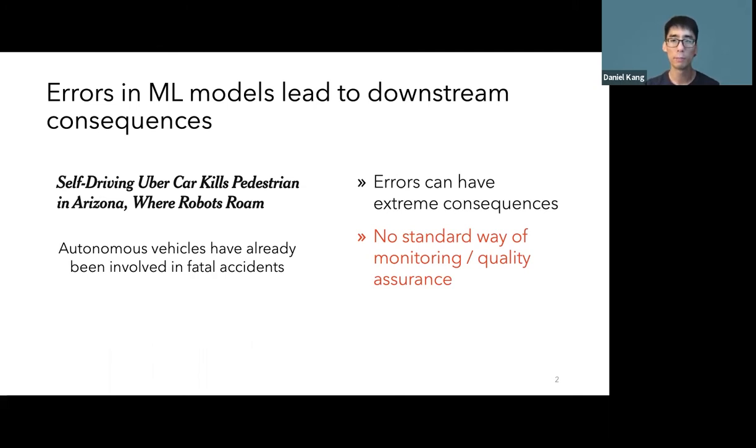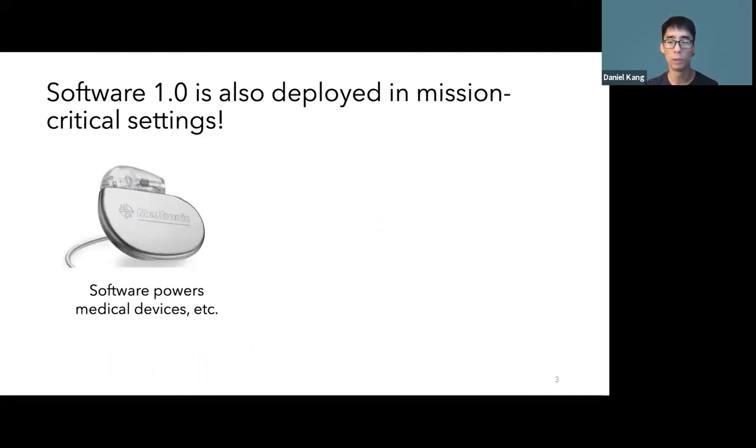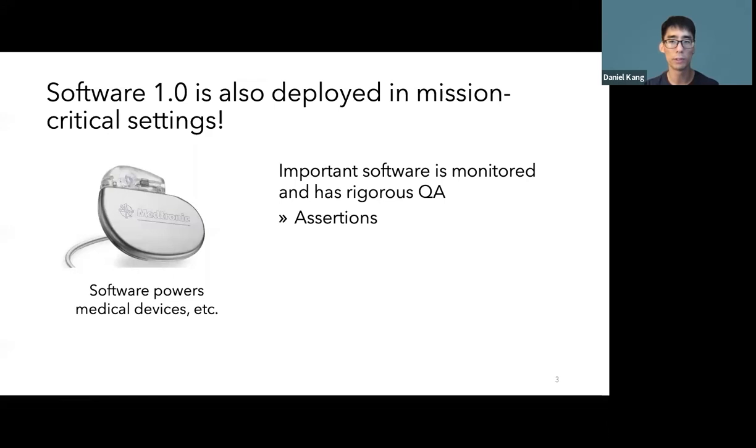However, if we take a step back and look at software 1.0 or software without machine learning, this software is also deployed in mission critical settings. For example, software powers medical devices, rockets, and a whole range of other important devices. And part of the reason we trust this software is that important software is monitored and has rigorous quality assurance. We have a whole suite of tools ranging from assertions to unit tests to regression tests, etc., that help us